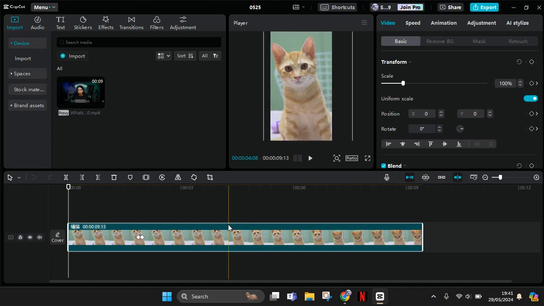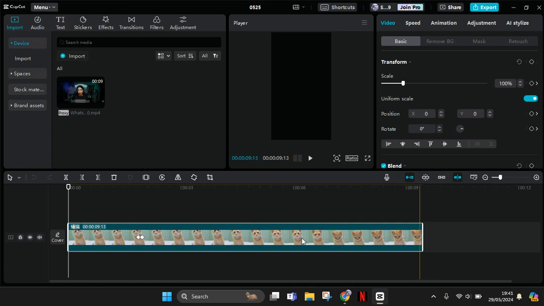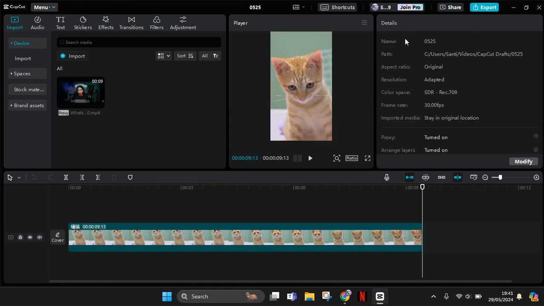And if you want to find the projects file, what you need to do is don't click on the video, click on the space. So I'm going to click on here until these details show up, and in here you can see the path option. So this is where I can find my CapCut project. So I'm going to just click on the file explorer,